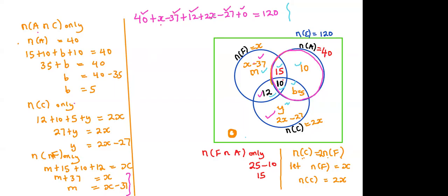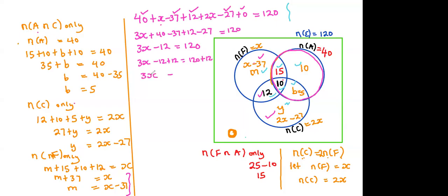Then I have x plus 2x, which will give us the 3x. Then I have here the 40 minus the 37 plus the 12 minus the 27 is equal to 120. So now you first deal with those ones. 40 minus 37 plus 12 minus 27 will give me 3x minus 12 equals 120. So you collect your like terms, 3x minus 12 plus 12 will equal 120 plus the 12. So this will give us 3x equals 120 plus 12, which gives us